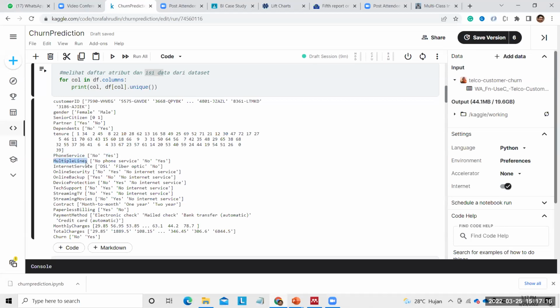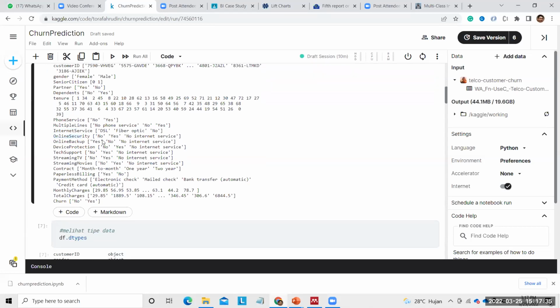How about the product for multiple lines? No phone service, no. What's the technology for the internet service that he signed up for: DSL, fiber optic, no. Online security, online backup, and so on.